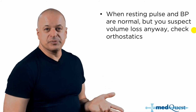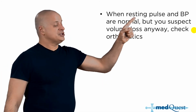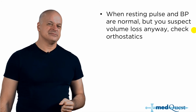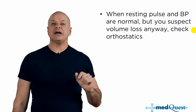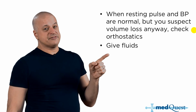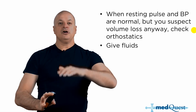So when are resting pulse and blood pressure abnormal? Well, you've got to lose like 30% volume for a resting pulse or blood pressure to be abnormal just lying flat. But orthostatic is less than half of that, 15%. And that's why it's an important finding. Because if you're waiting for the resting blood pressure or resting pulse to be abnormal, you're going to wait for a colossal blood loss. It's way too much. Orthostasis is to detect a modest amount of blood loss or fluid loss or dehydration where you're normal at rest, but when you change position,